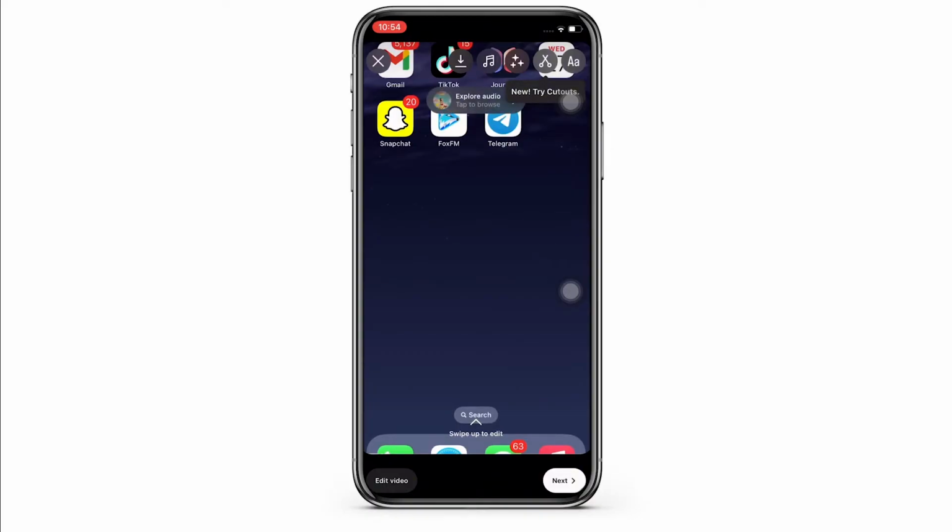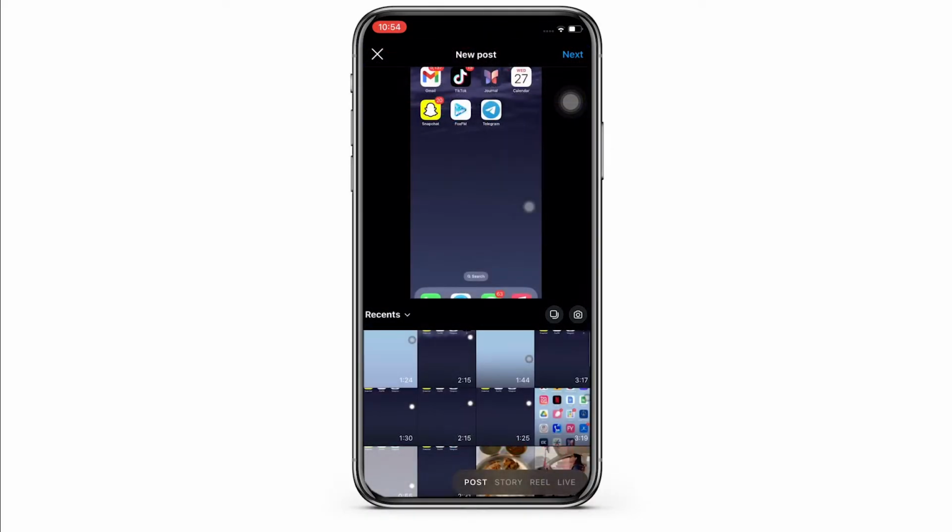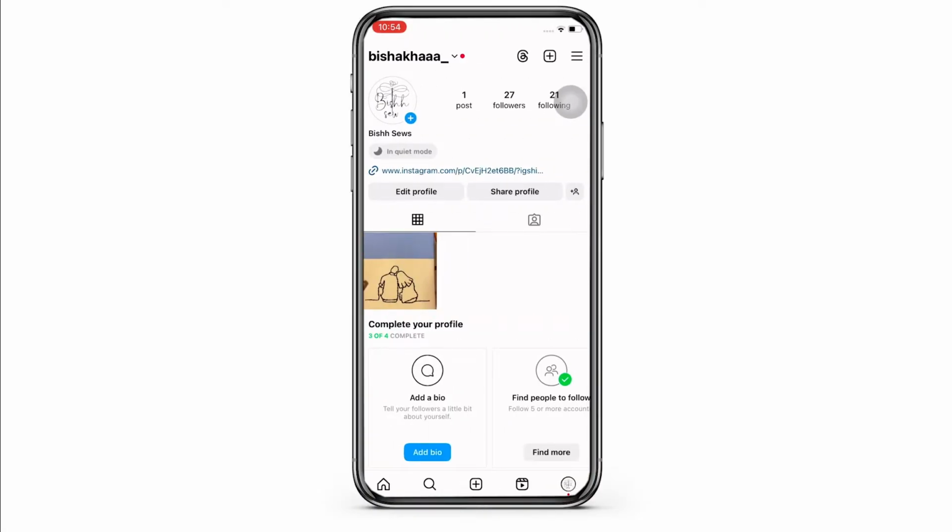So ever since Instagram introduced Reels in 2020, the regular video mode or the traditional format of video has been taken down. So no matter how short or lengthy the video is, it will be posted as reel and not